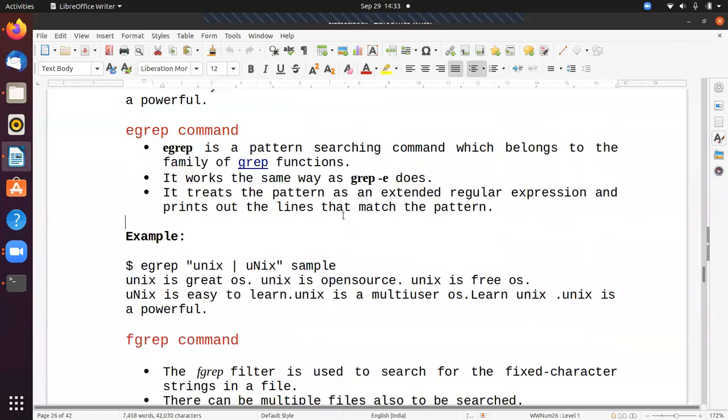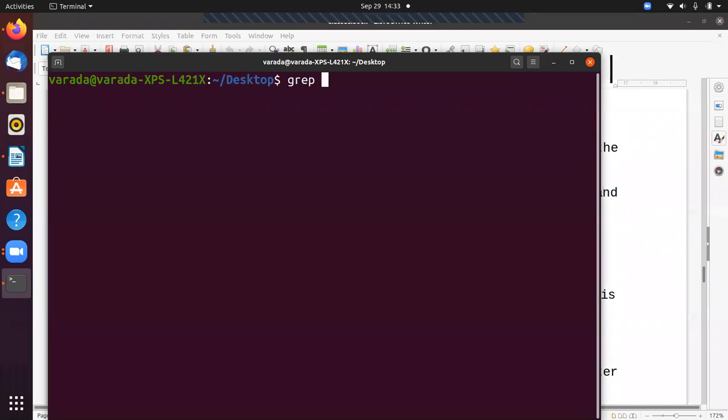Now you can see, in this example we are going to give the pattern as unix or Unix, with a small u in the first pattern, all letters small, and in the second pattern a capital letter. That means it is equivalent to grep -e unix -e uNIX, and the file name is sample.